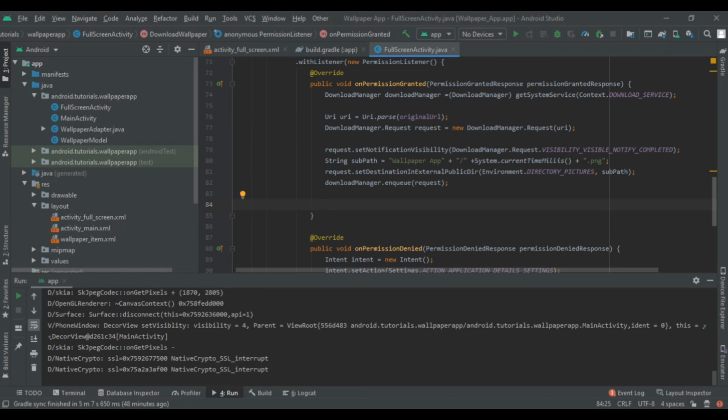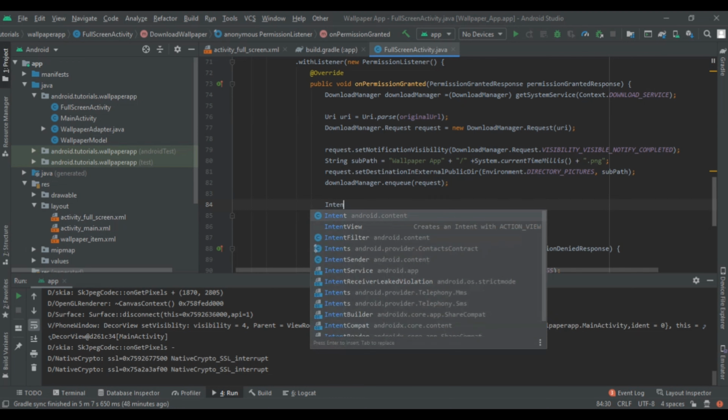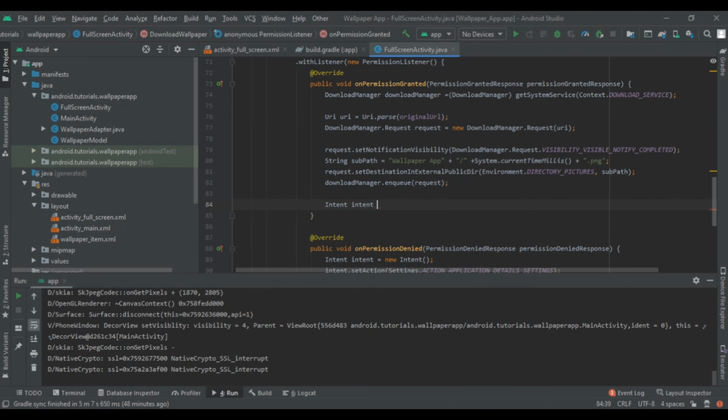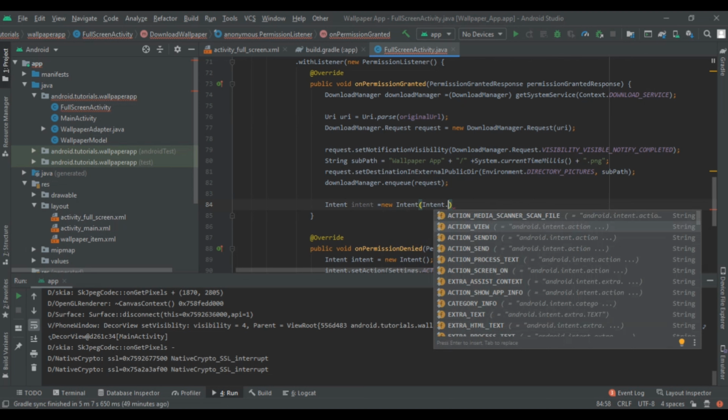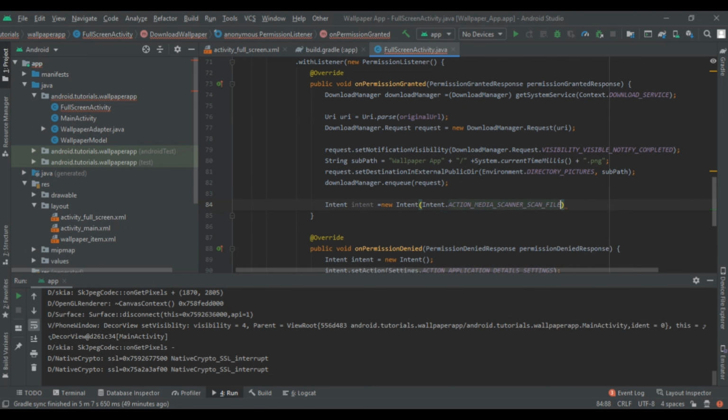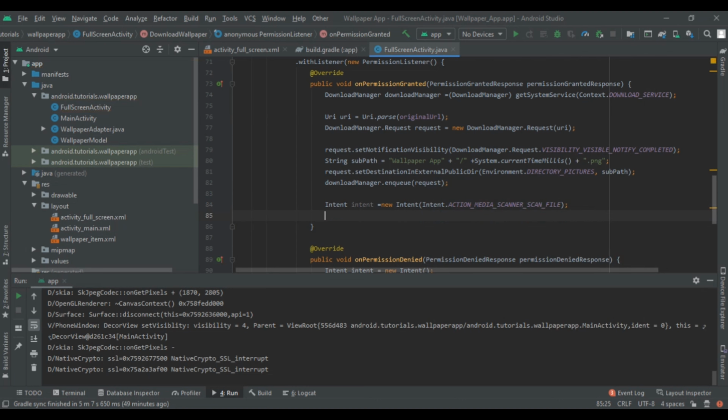After that we are going to show that folder in our gallery. So for that we have to create a new intent. So new Intent and type Intent.ACTION_MEDIA_SCANNER_SCAN_FILE. So this basically allows the device to sync the data from our given folder.